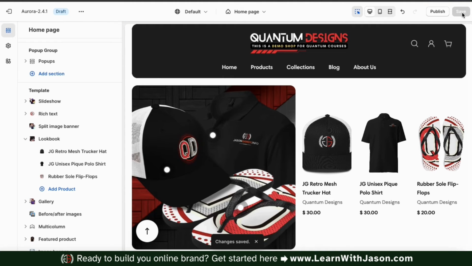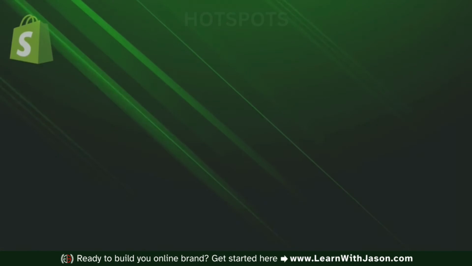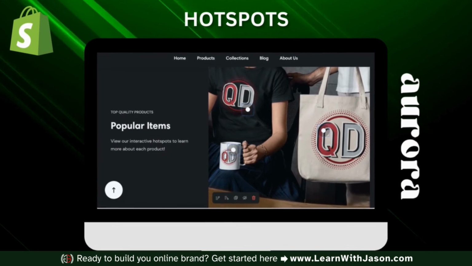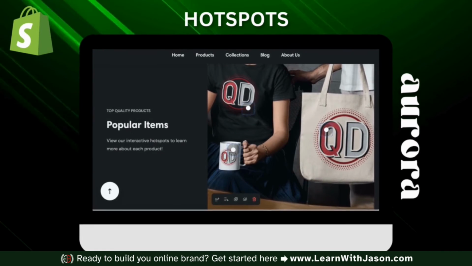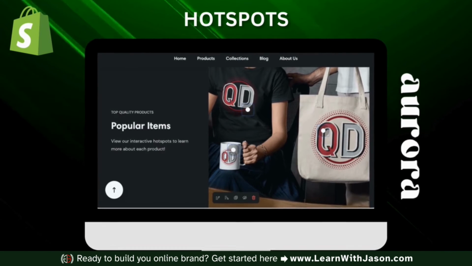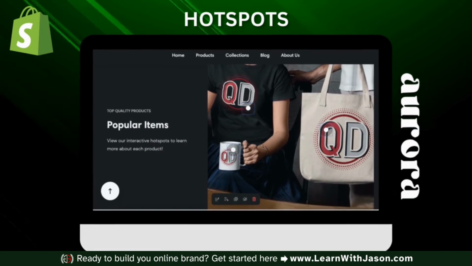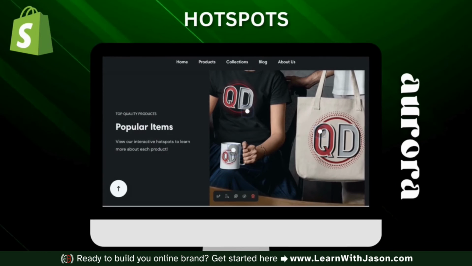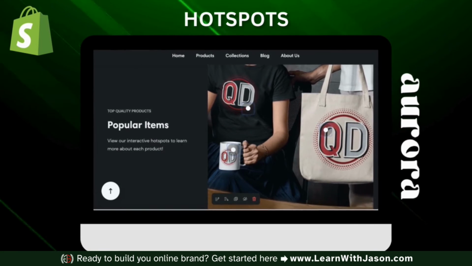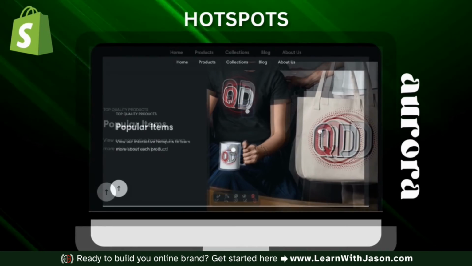Next, we'll be going over how to turn a selected image into an interactive activity on your homepage with Hotspots. A Hotspots section allows you to display an image with clickable pins that can link to selected products, display additional product details, or other information. When a customer hovers over or clicks a hotspot, a pop-up window will appear with product details, suggestions, or a clickable link. Keep in mind, hotspots are available with the Aurora theme, but may not be an option with other